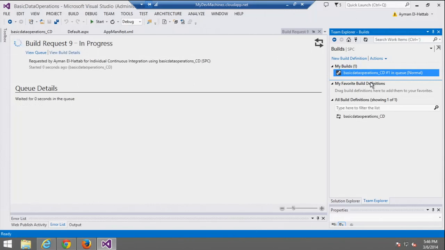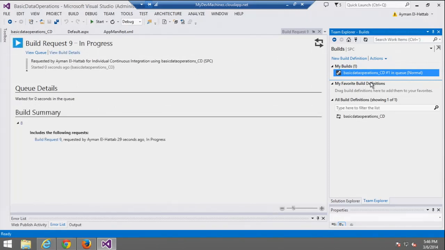No. The question is about the build process template, right? The question is, is this build process template part of the CodePlex project? And the answer is no. It's actually part of Visual Studio Online. This is actually something that has been released just like 2 or 3 weeks ago. So when you connect your Windows Azure website with Visual Studio Online, you'll get this build definition for free, and it's based on this build process template.